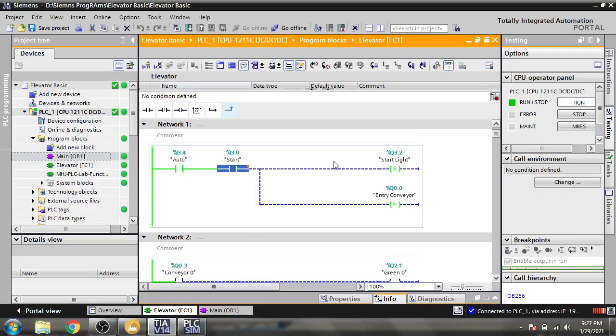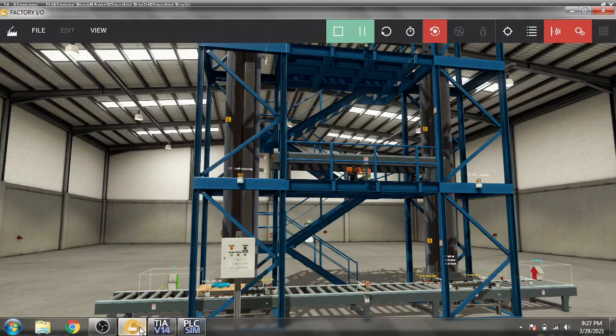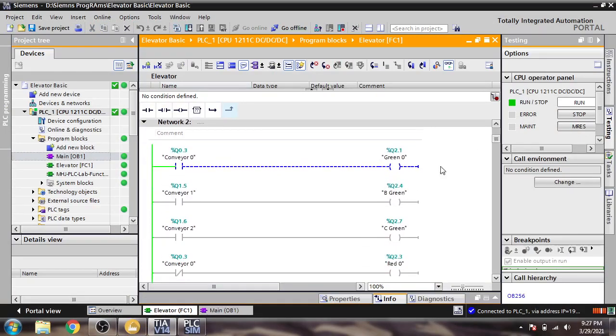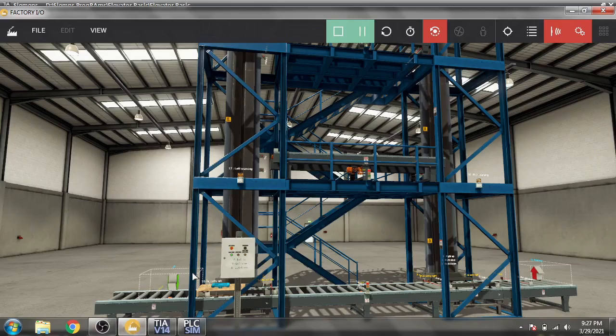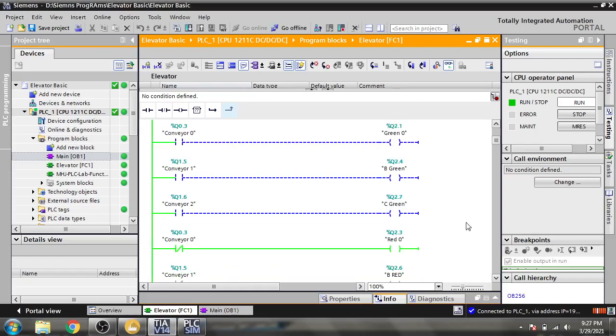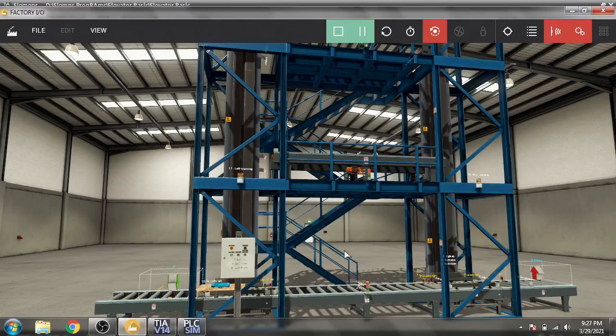So after clicking on start, you will see our set light and entry conveyor are set. Where is our entry conveyor? Here is our entry conveyor. If conveyor 0 is on, the green light 0 is on. If conveyor 1 is on, its green light is on.